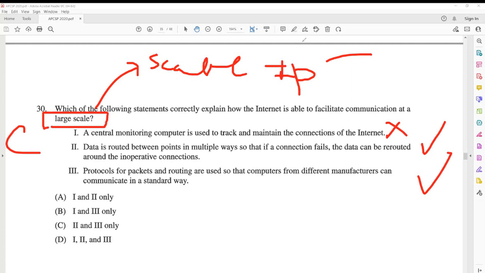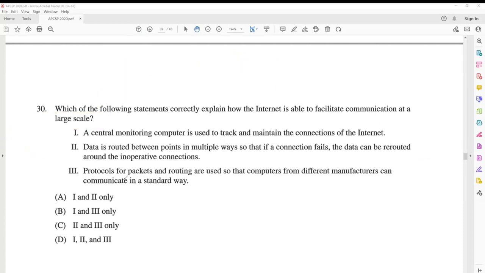Okay, this one we explained before. It's about the protocol. Catherine, are you okay on this one? Yeah. Protocol's main purpose is making the computers of different vendors able to talk to each other. And when they are put into the internet, they can still work. So this is the main purpose of protocol.